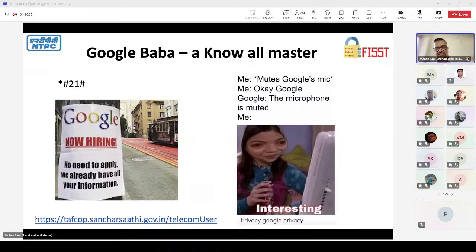So there is an allegation that Google is listening to all our conversations all the time and using brilliant AI technologies to do speech to text, and then the text is used for propagating advertisements, and they mint money, millions in an hour. This is something you have to be very aware of. Even if you switch off the mic, they can listen to you, is what people say. I have not tested it,